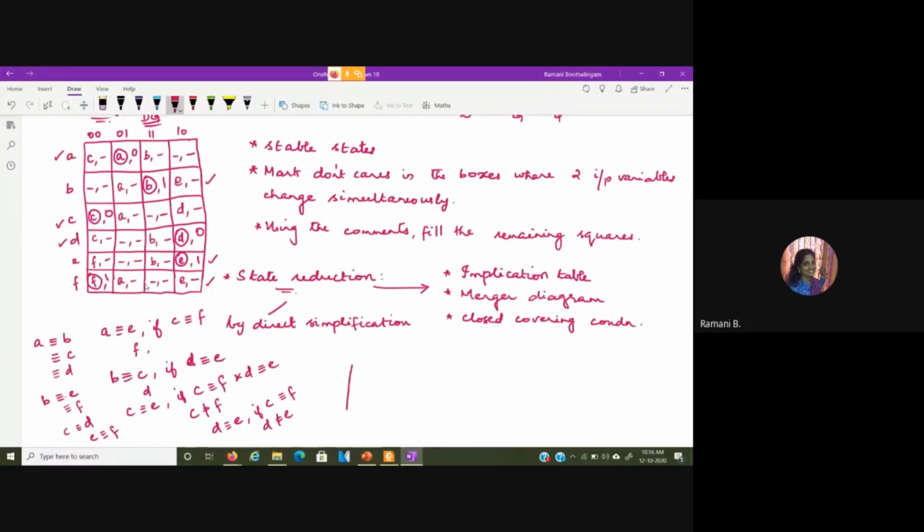Those are all equivalent states. That is what the meaning is.